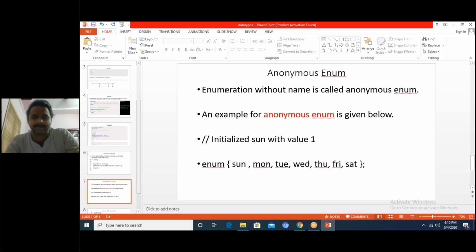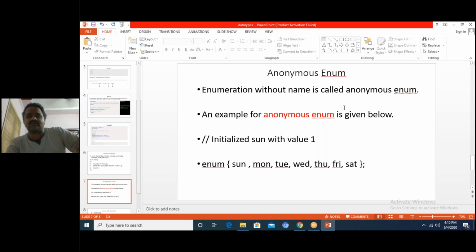Now you see, we are directly creating enum with data values like this. That means there is no name. That is called anonymous enum. This is the new concept I want to introduce for today's class. Enumeration without the name is called anonymous enum.